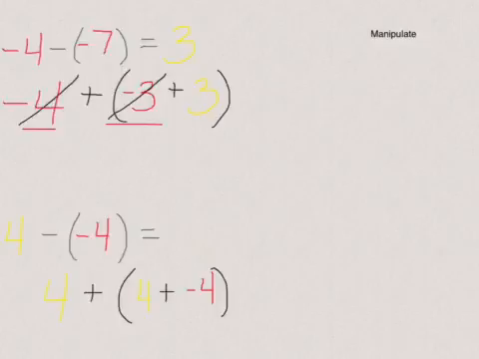But now what we can see is that we can actually take away the negative 4, since that's what the problem tells us to do. Which is take away, rather than subtract or minus, we can just take it away. And what we'll see is we're left with 4 plus 4, which is